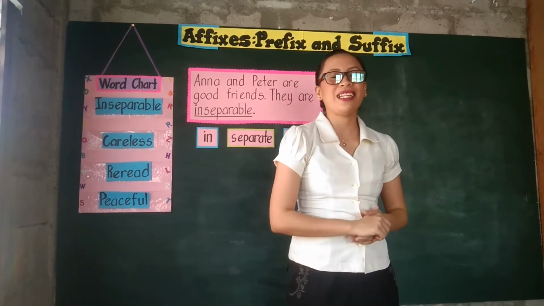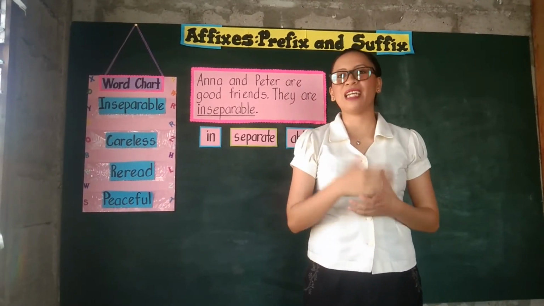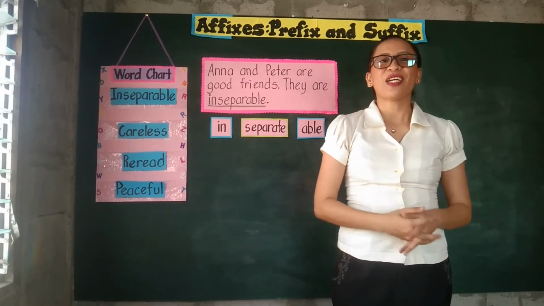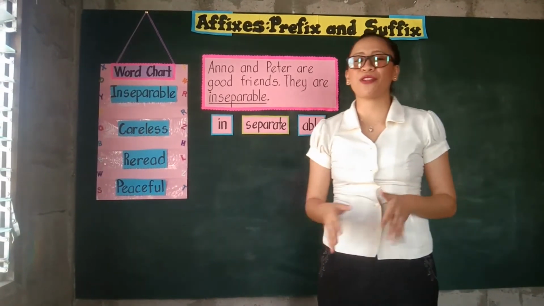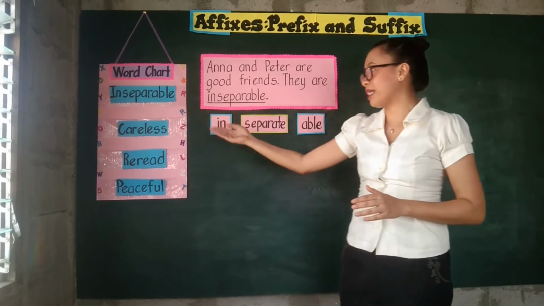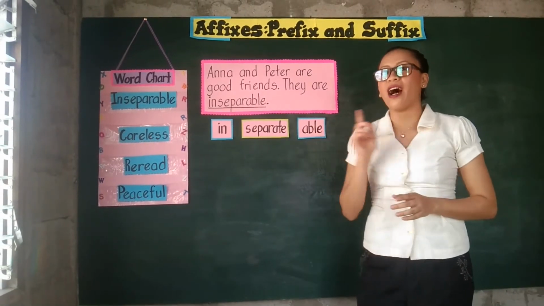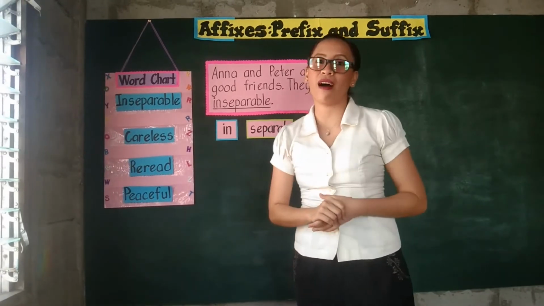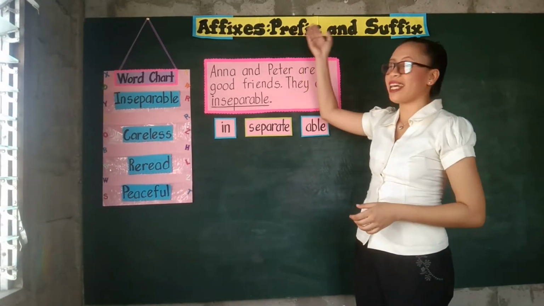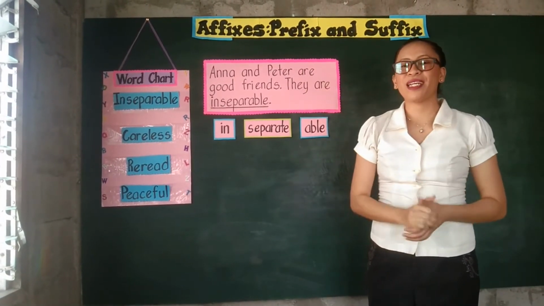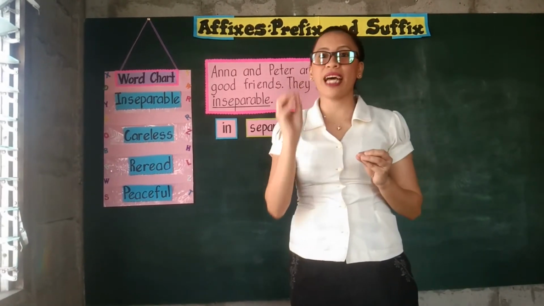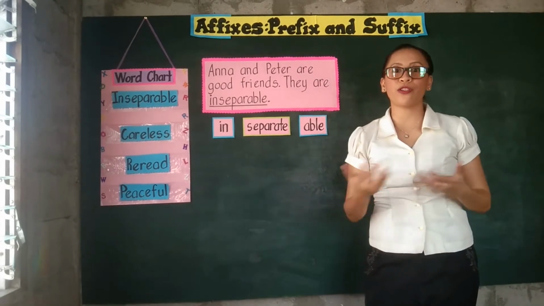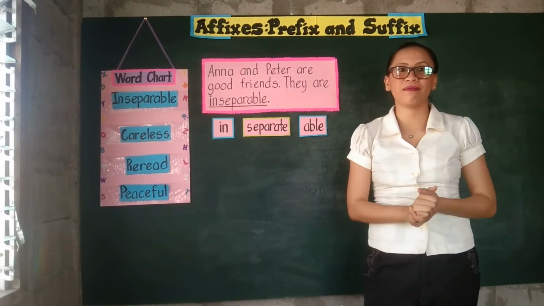Lizelle, please tell us 2 types of affixes and please define each. Perfect. So an affix is a set of letters generally added to the beginning or end of a root word to modify its meaning. Its 2 types are prefix and suffix. So these 2 are a set of letters or a group of letters added to the ending of words to change their meaning or function.